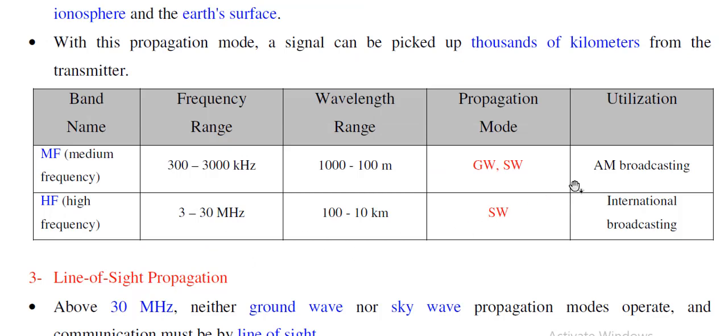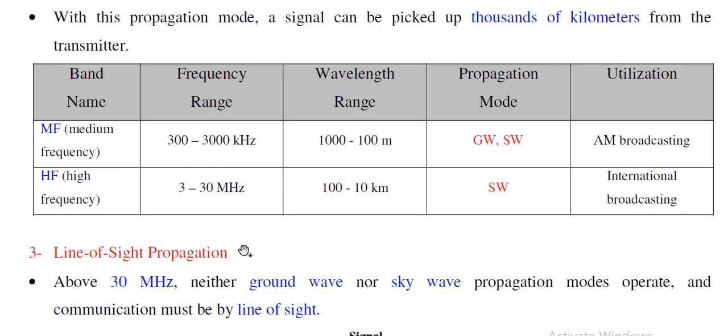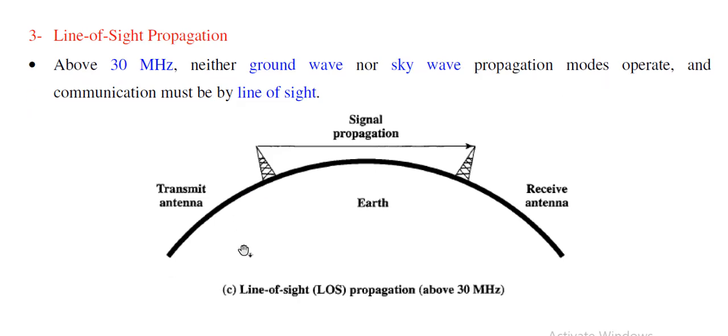Alright, so this is AM broadcasting, which means that it belongs to this range. The third type of propagation is called the line of sight, which means above 30 megahertz. We don't use the ground wave, neither the skywave propagation. Here we need another type of propagation. It is called line of sight, which means that the two antennas have to see each other in order to make the transmission. And of course, we have to use